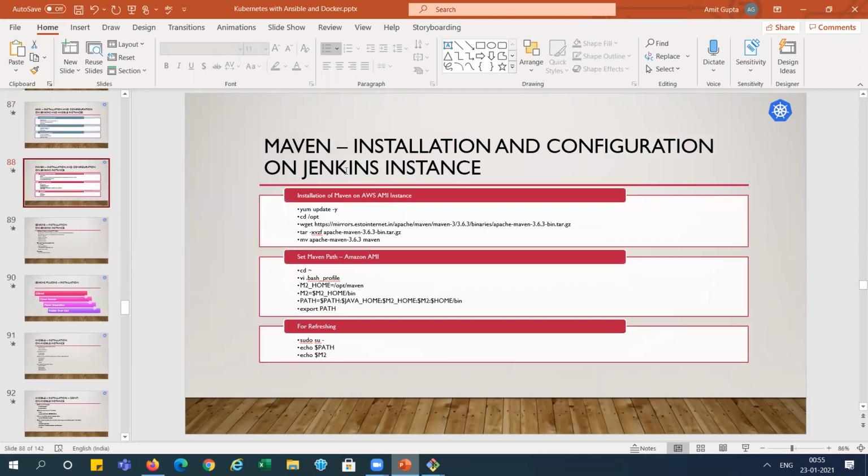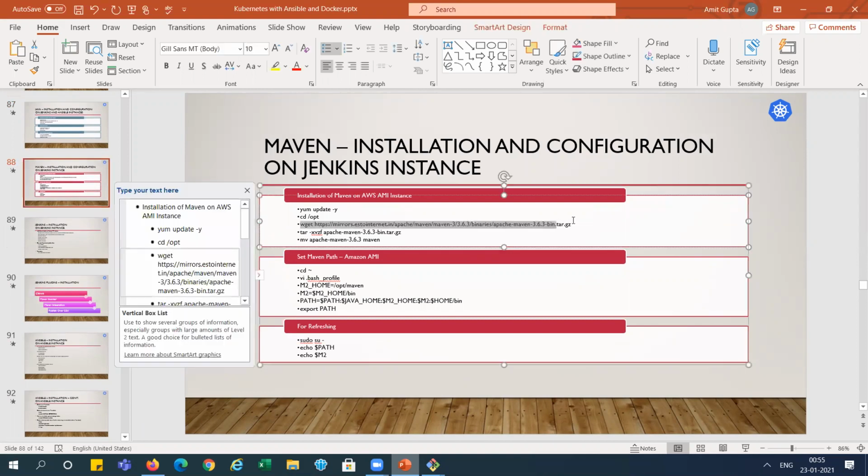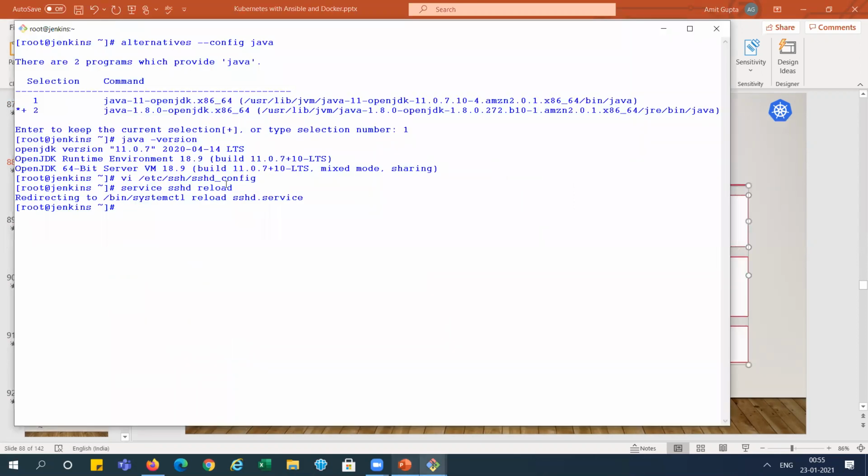After that, we need to install Maven only on the Jenkins system. So this is our Jenkins system. So I'm going to this /opt. You can see here only the default folders are there, AWS and RS.